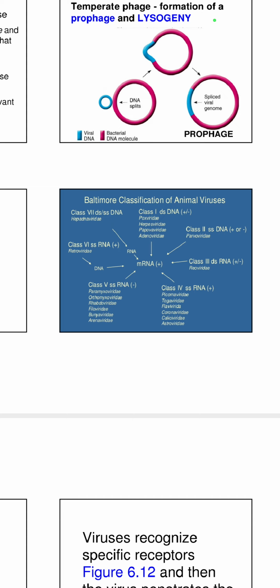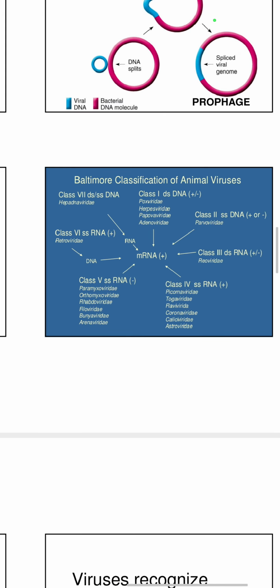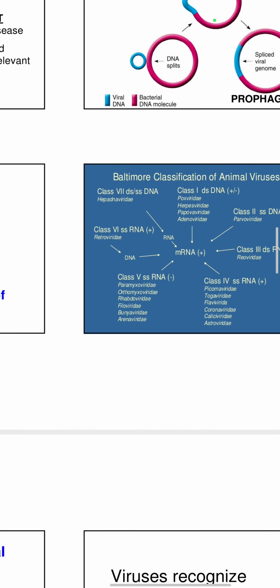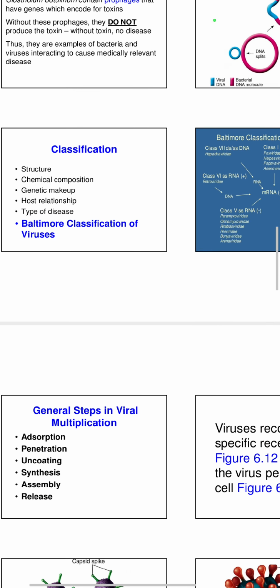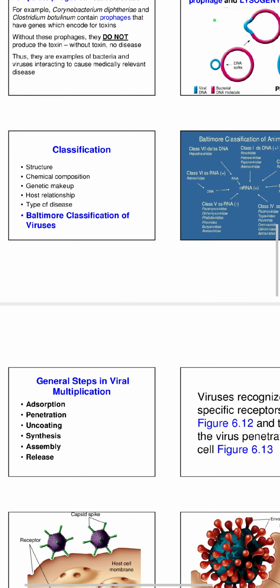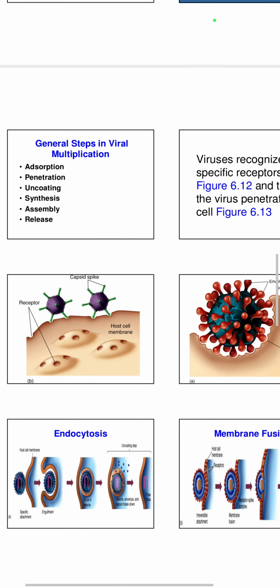Okay, so that is the overall classification, or how we are able to classify all animal viruses, to the extent that the genome replication strategy is precisely predictable. So that explains the whole illustration of the Baltimore classification of animal viruses. Always remember that it's subdivided into different classes. Okay, so that's it. Aside from that, we will also be learning the general steps